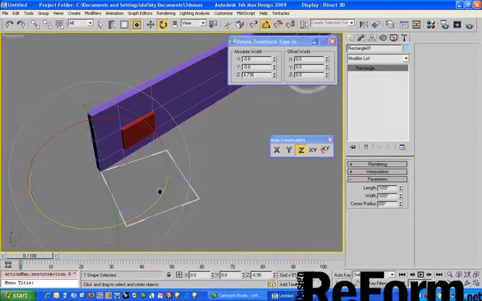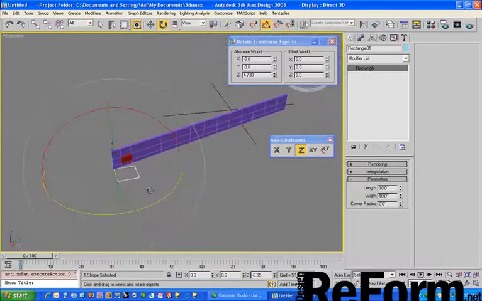whatever amount I want. So that's snapping and trying to move things with dimensions in